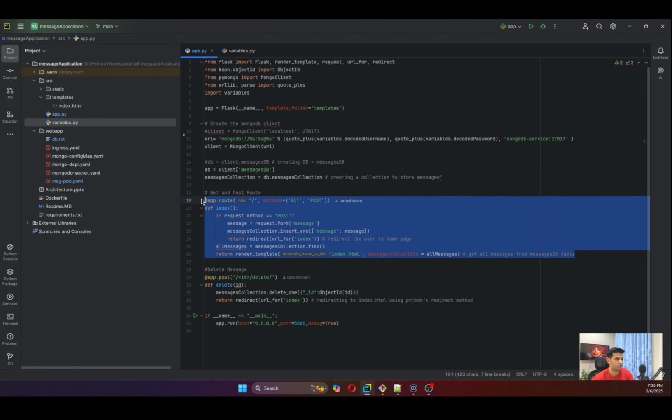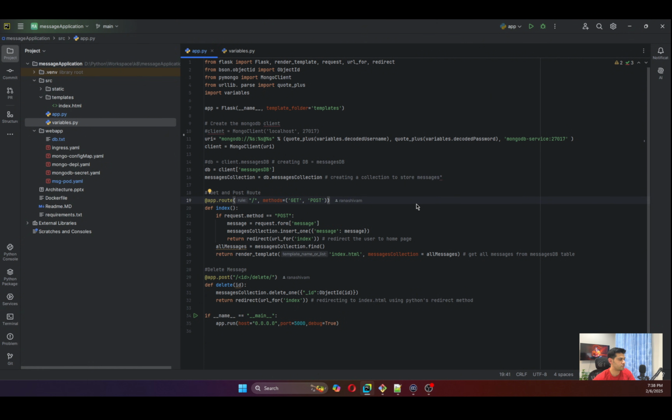So in this block of code, I'm creating both get and post requests. So the get request will retrieve all the messages from the messages collection and then pass them to the index.html template. Then the post